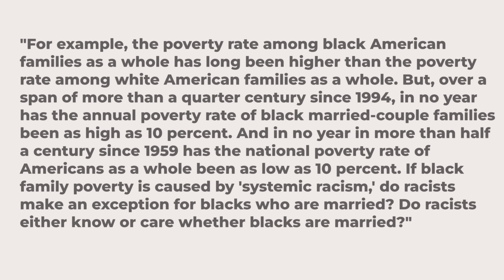Perfect example. So today, we usually hear the differences between racial groups explained as racism, in this case, systemic racism. But if you look a little bit deeper than only looking at one group versus another group and the income levels, much like we talked about in our first video, where you also have to take other factors into consideration like median age, well, in this case, if you just look at married couples compared to single people, the size of the household, the status of marriage in itself makes a difference. And when you look at Black married couples, we don't really see the disparity that we do if we look at the picture as a whole.